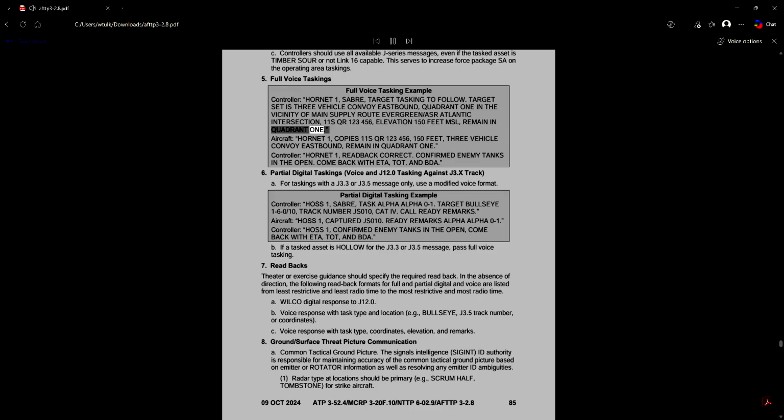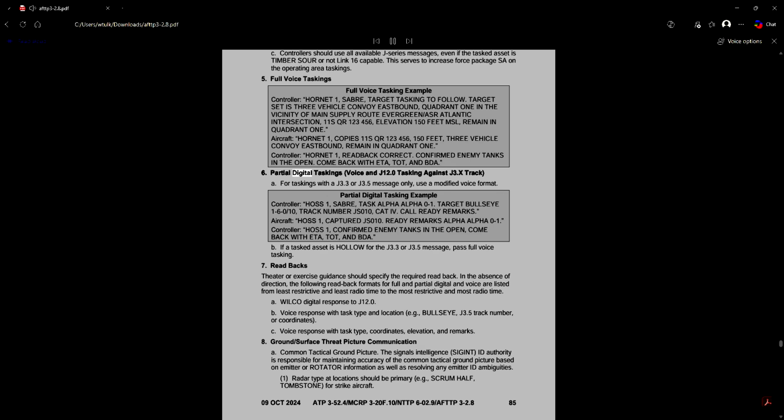Remain in quadrant 1. Aircraft: Hornet 1 copies 11 SQR 123 456, 150 feet, 3 vehicle convoy eastbound, remain in quadrant 1. Controller: Hornet 1, read back correct. Confirmed enemy tanks in the open. Come back with ETA, TOT, and BDA.